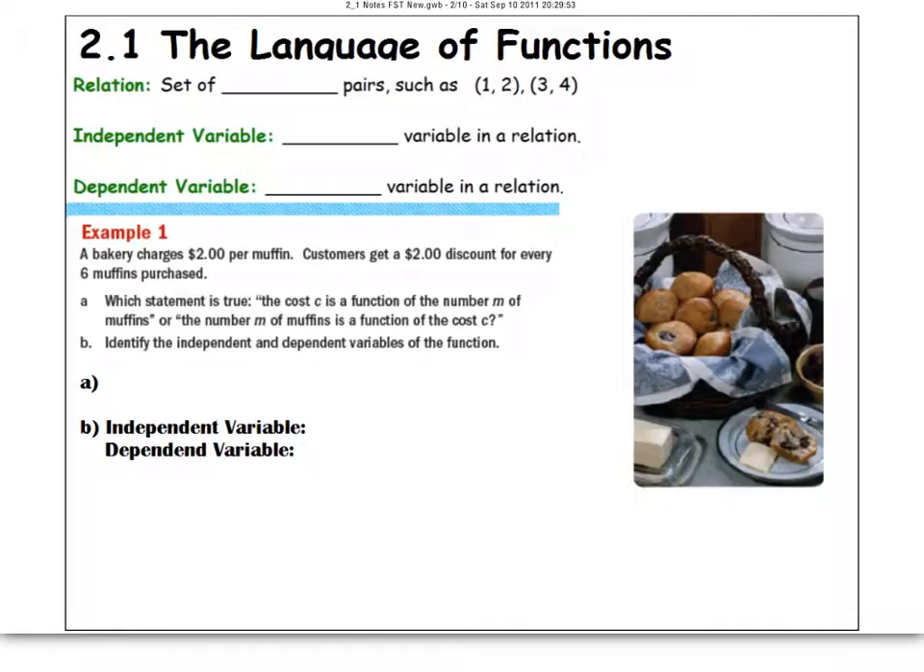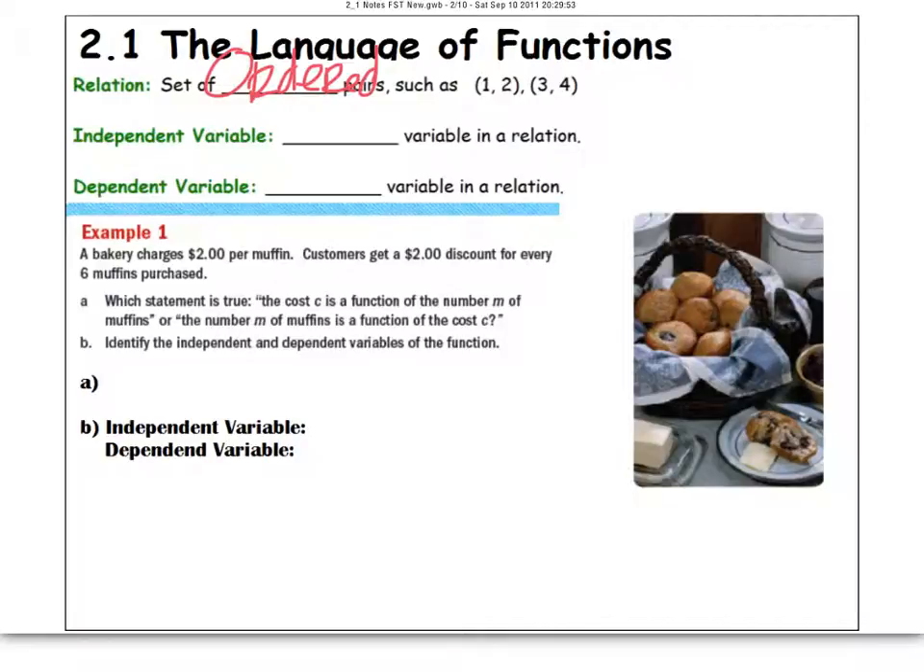For learning objective 2.1a, we're going to identify independent and dependent variables given a scenario. Before we do that, let's talk about some vocabulary first. So first we want to identify what a relation is. And a relation is just a set of ordered pairs,